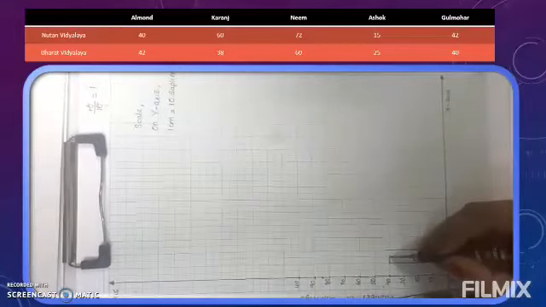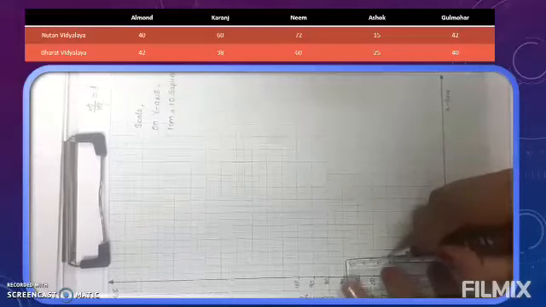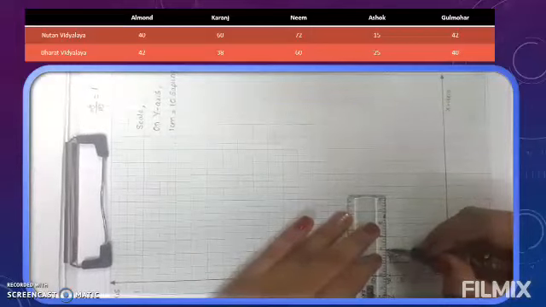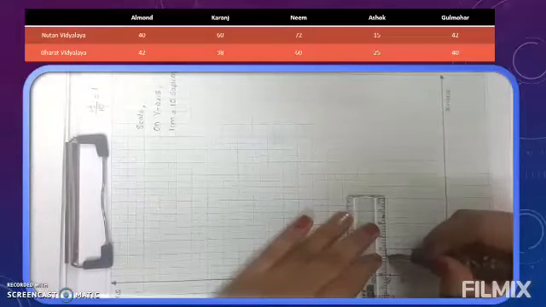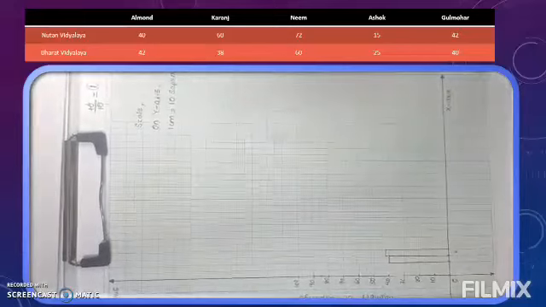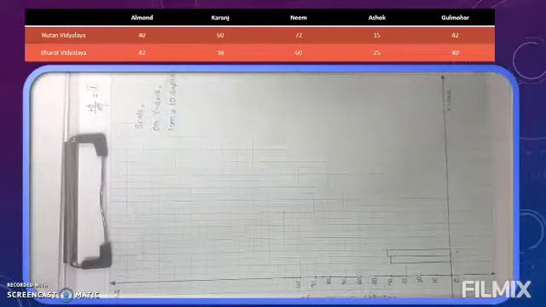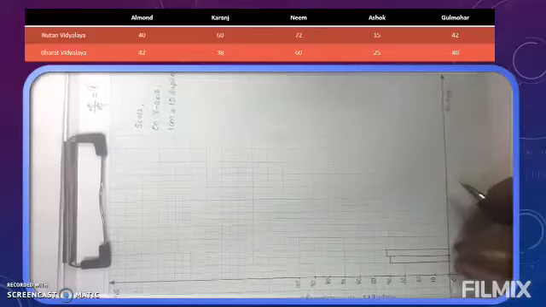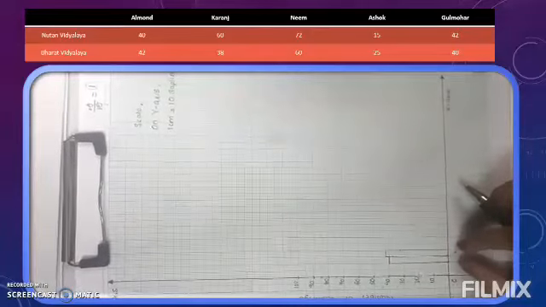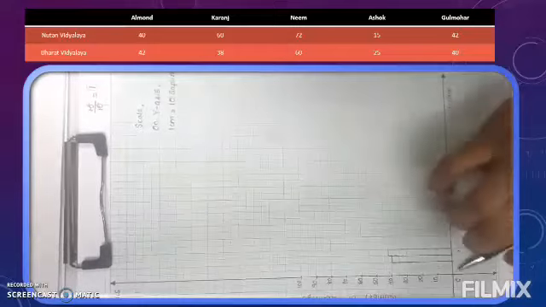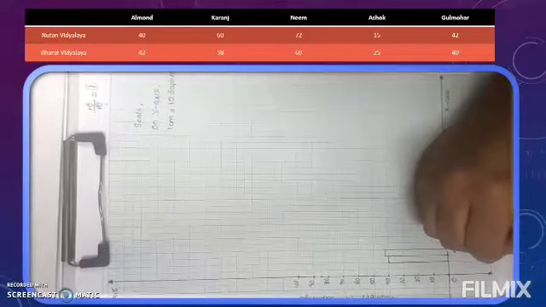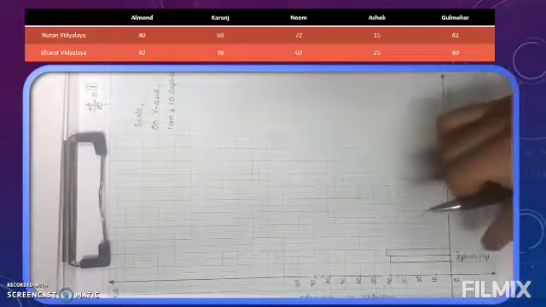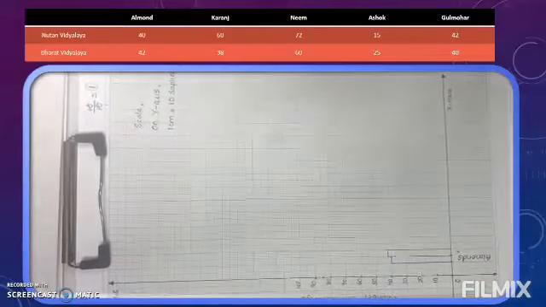Clear? And the line we had before that, we will also plot till 42. Again with the help of scale and pencil, you will join both the lines very carefully. Clear? Now both the bars are showing information about elements. If you want, you can utilize this much space and write the elements, or write them in this vertical way. This will be better.